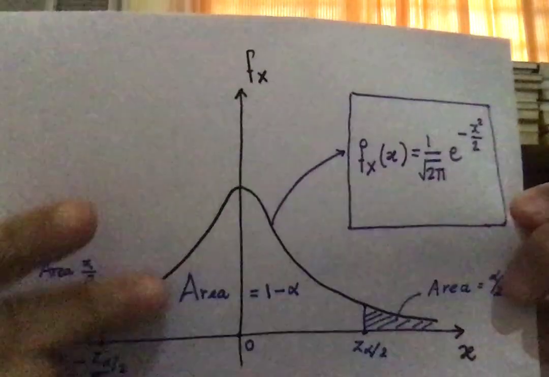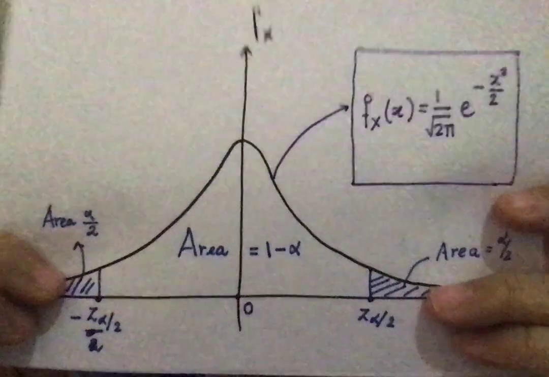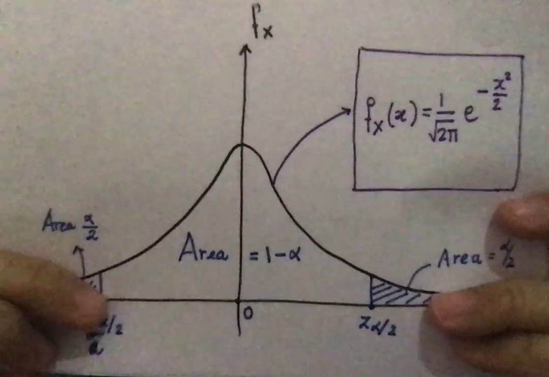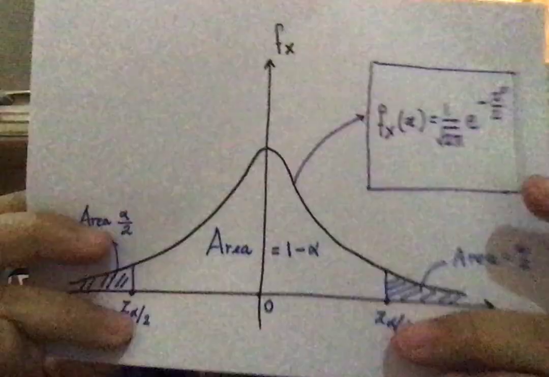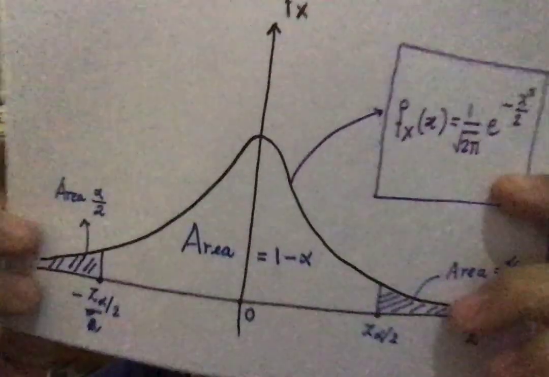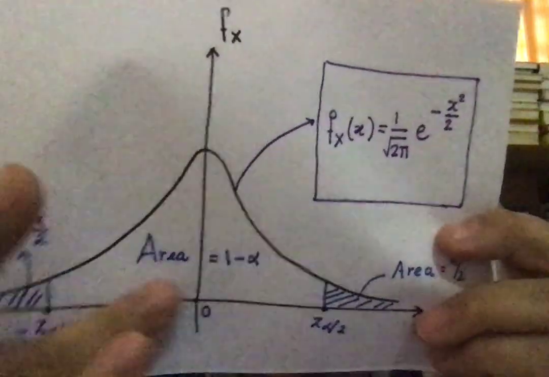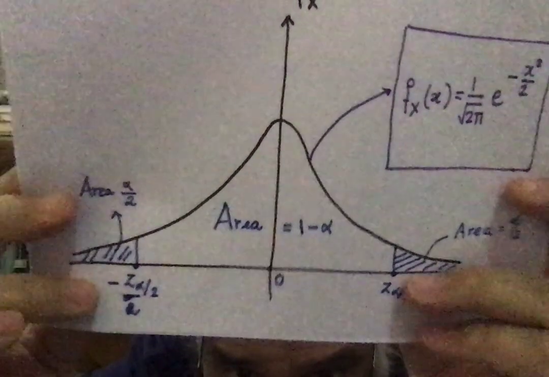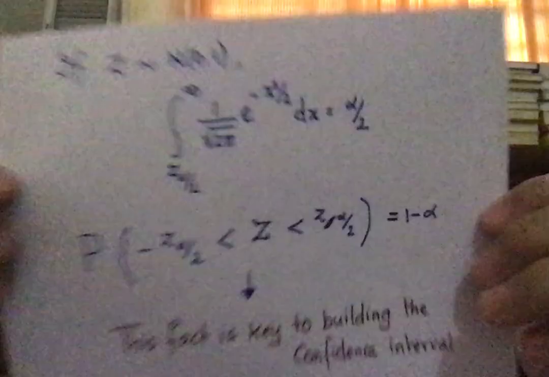So what do we have from the picture? That the probability of finding any standard normal variable z between minus z alpha by 2 and plus z alpha by 2 - I am writing z alpha by 2 to signify that these two sides of these two points have area alpha by 2. So any z lying in this interval, between minus z alpha by 2 and z alpha by 2, has probability 1 minus alpha, because the probability is nothing but the area under the PDF curve, which again I am writing in this way.